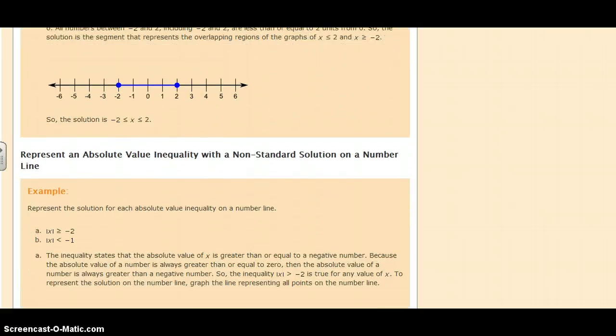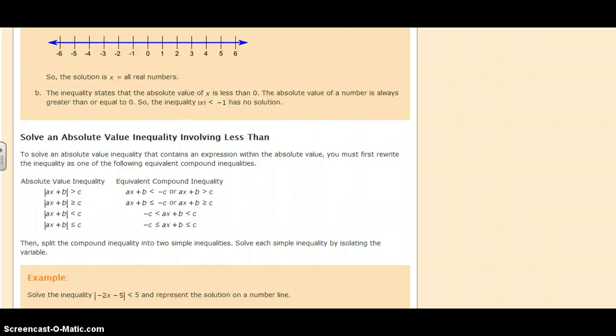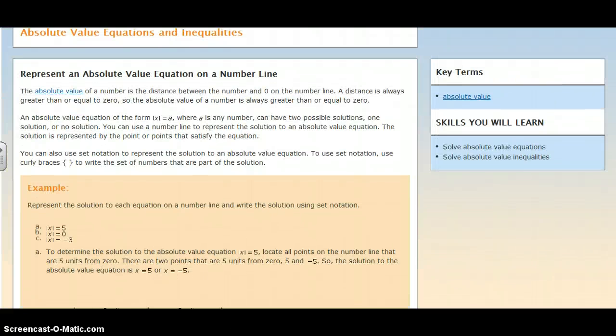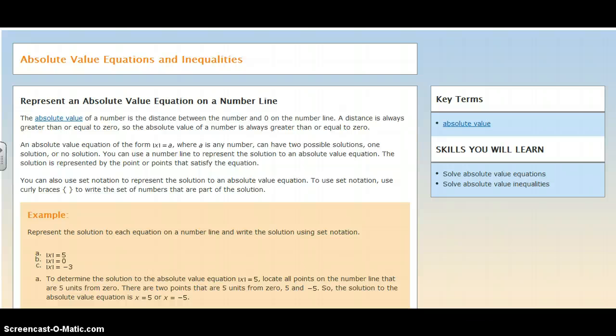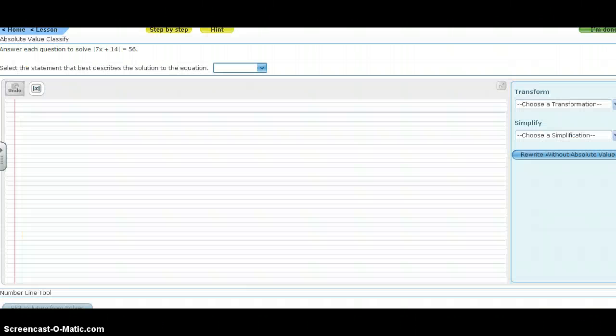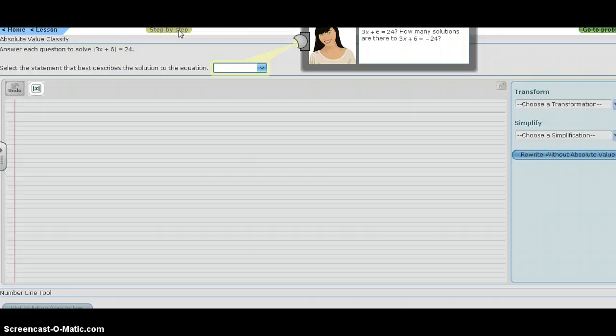It tells you anything specific about how you have to enter them. All right, so after you've reviewed through those, you want to go to the upper right hand corner where it says go to problems. And you want to do the step by step first so you understand how to do it. Okay, so step by step tells us that